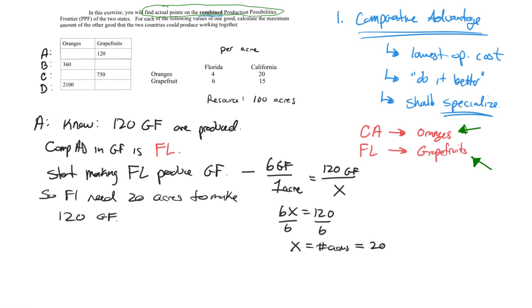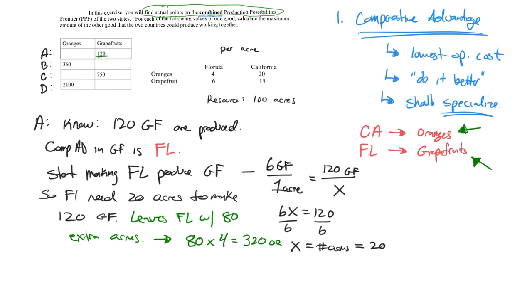That's important to know because we have now gotten what we need for that bundle. And we have a lot of resources left over, right? That tells us right away this leaves Florida with 80 extra acres. We're going to assume that we're using all those acres. So what are they going to do with them? They're going to end up producing the oranges, right? Because we need to have everything else going to oranges now because we've already gotten what we need, which is the 120 grapefruits. All right, so they've got 80 acres, and for every acre, they can produce 4 oranges. So 4 oranges